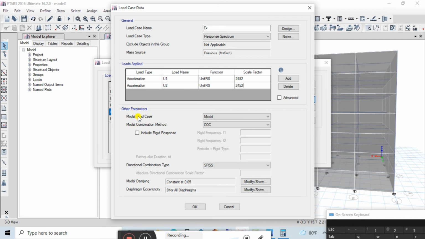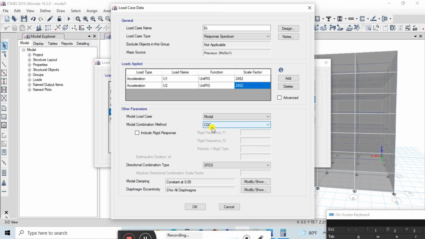And the other parameters we have: modal cases, keep this as modal, and under modal combination method we have 3-4 methods. CQC method, this is the complete quadratic combination method. The second one is the square root method, and the third one is the absolute method. But here for a better result you need to go for CQC method, because this method considers all the closely spaced frequencies of the earthquake.